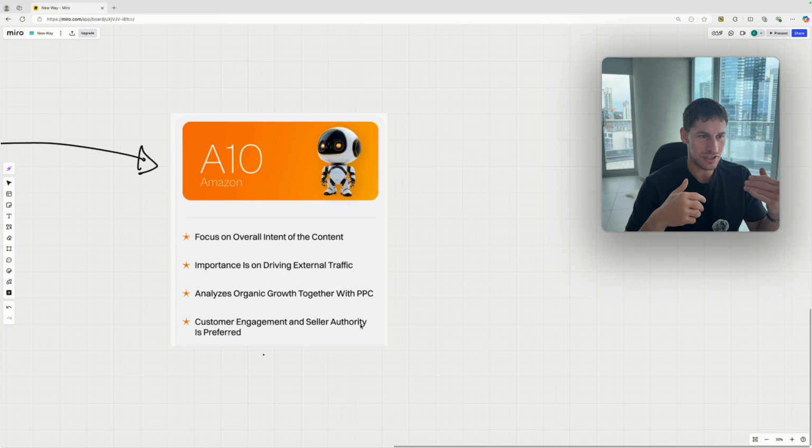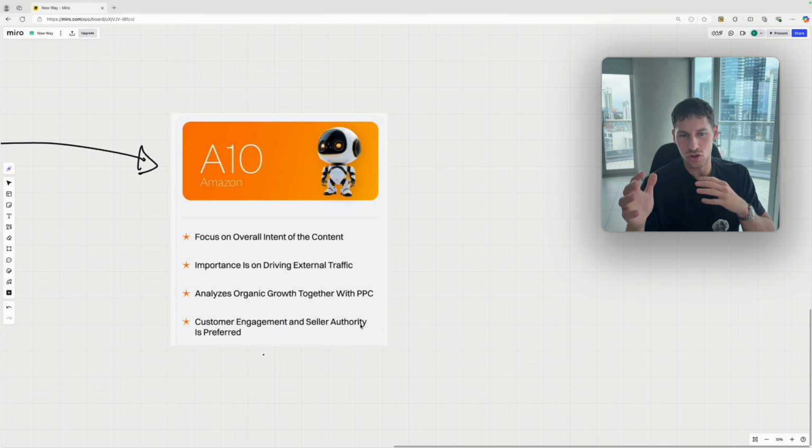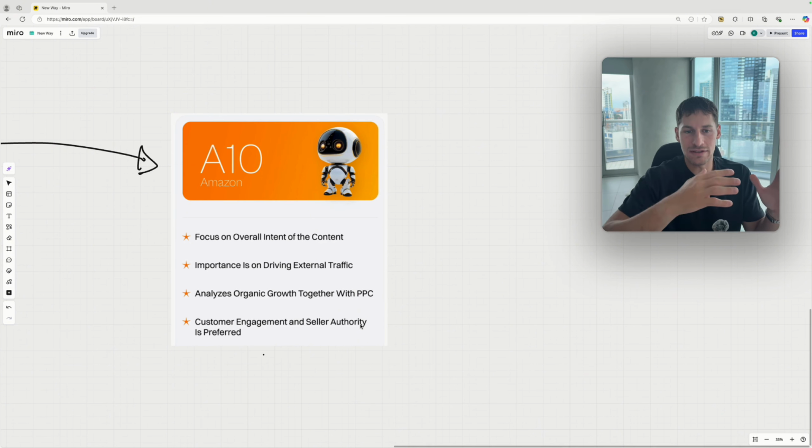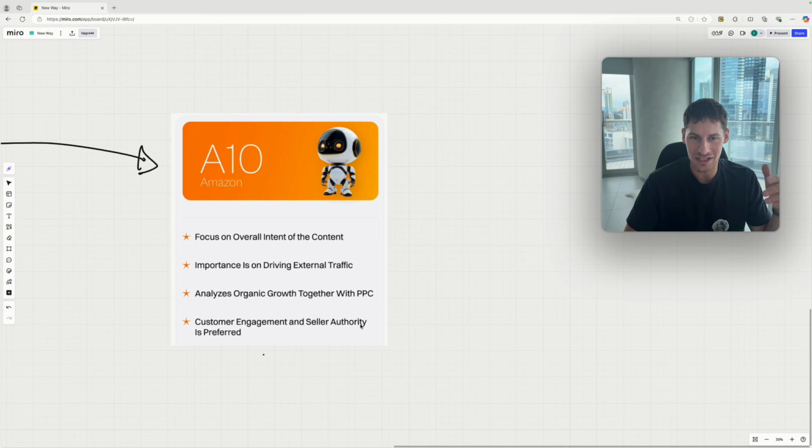It tries to find out with an internal algorithm that tries to match the search term and the historic search and purchase of the customer with the best product that is most likely to convert and make the customer happy, so solve his problem as well. Their goal now is to get repeat customers for the long term. It was always that, but they've now created a sophisticated enough system to do that most of the time. So they focus more on the customer being satisfied and going back to Amazon.